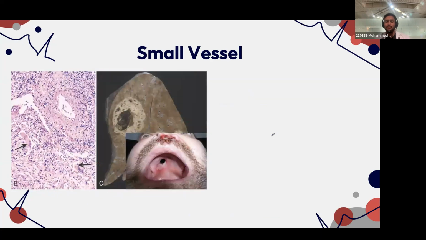Okay, next one. Can someone tell me what this one is? Answer this one. Okay. Granulomatosis with polyangiitis. Good. Now, to answer your question, if there is nasopharyngeal, or upper respiratory tract infection,